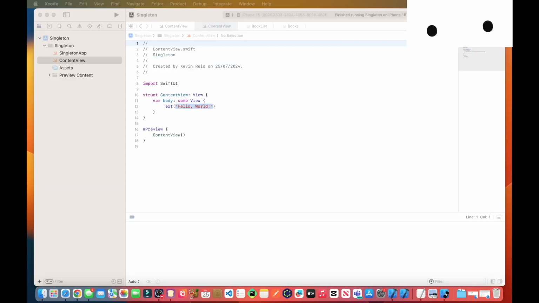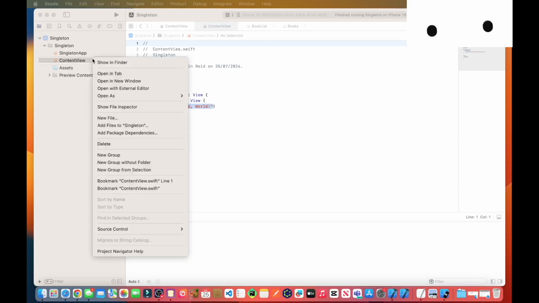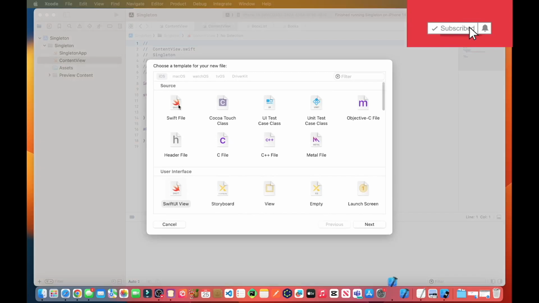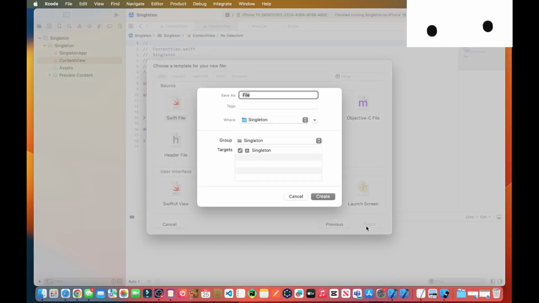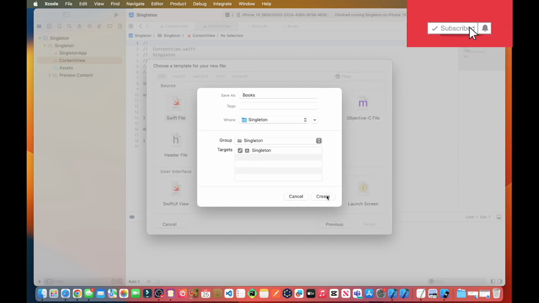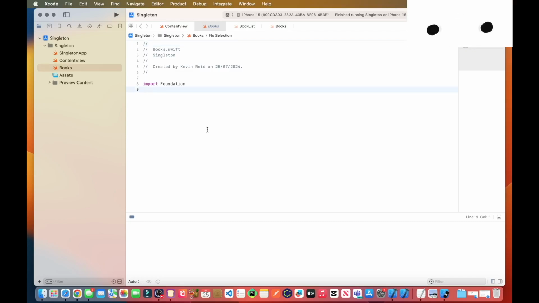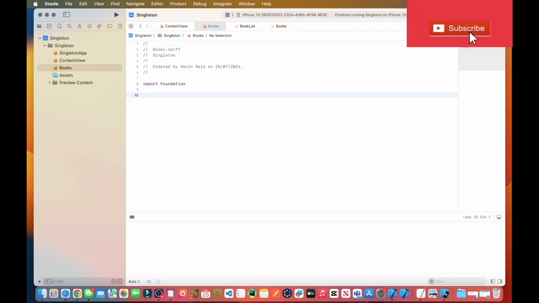Within your SwiftUI project, the first thing we need to do is to create a new class and name the class Books. Select Swift File, click on Next, type in Books, and then we need to create our struct